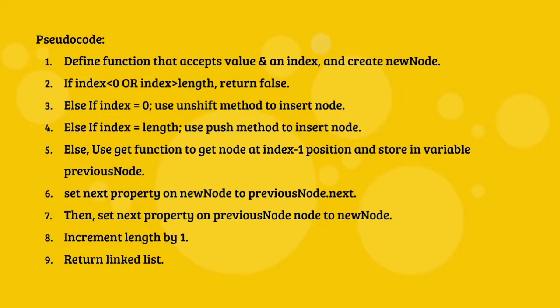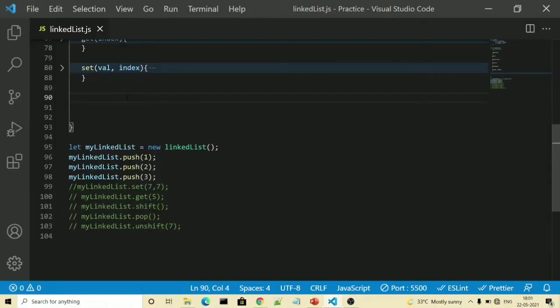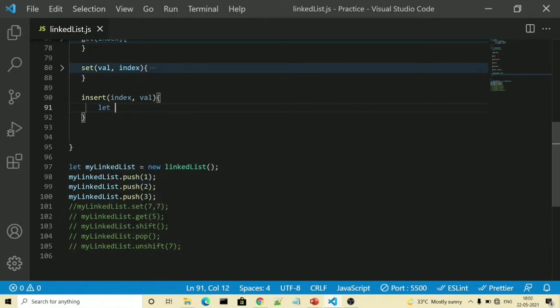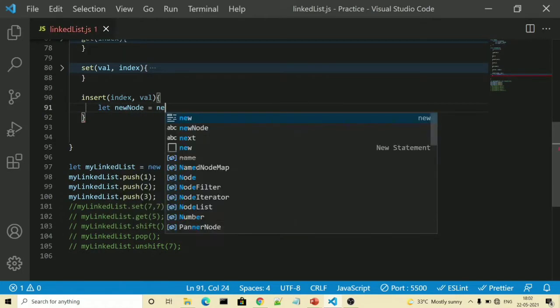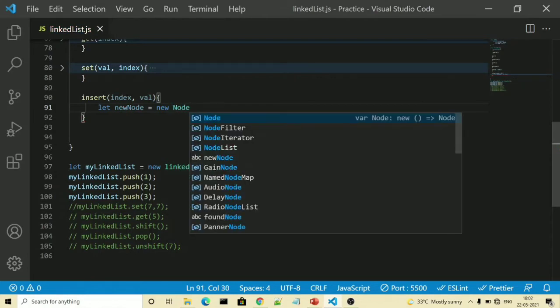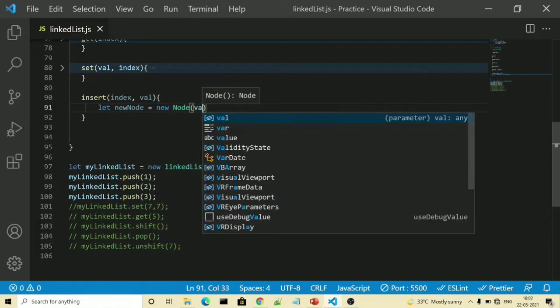So let's go there. Here we will create our insert method, and as per our pseudocode, the insert method will take two parameters. First will be the index and second will be the value. Then we will create our new node: let newNode is equal to new Node, and here we will pass our value.